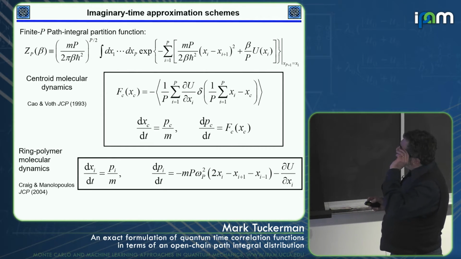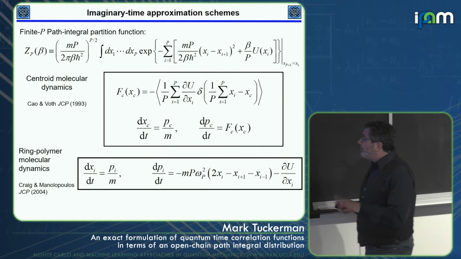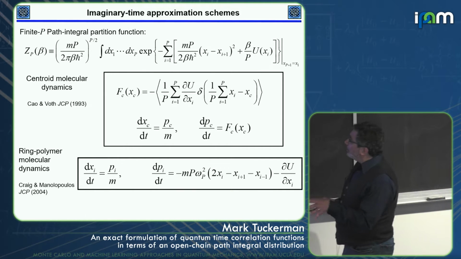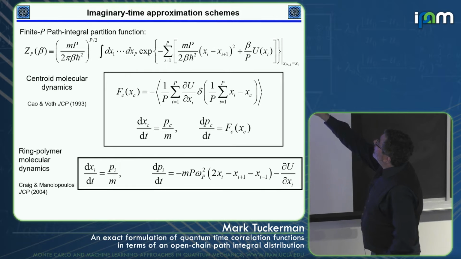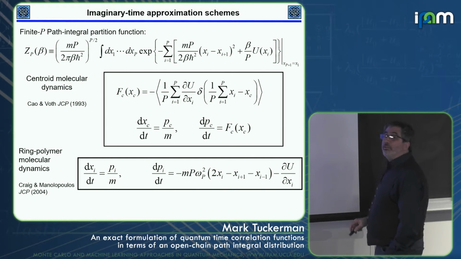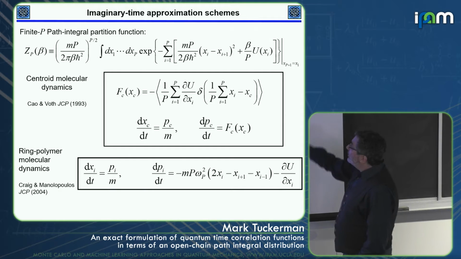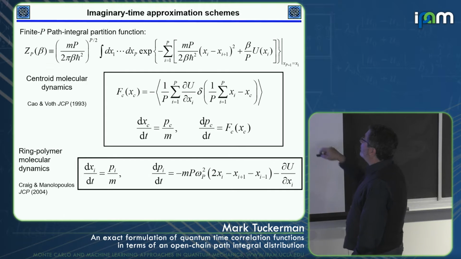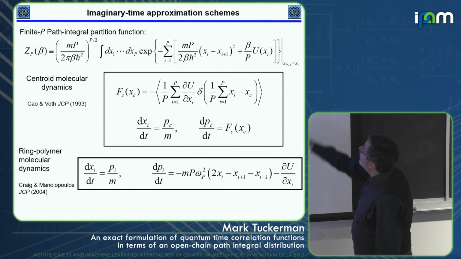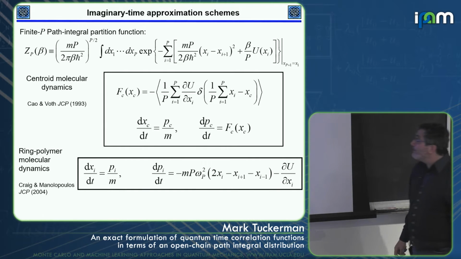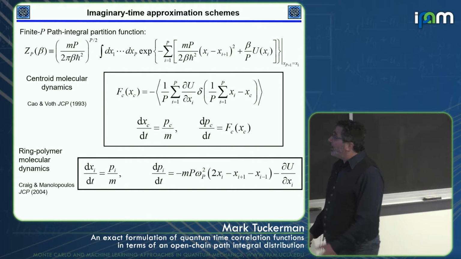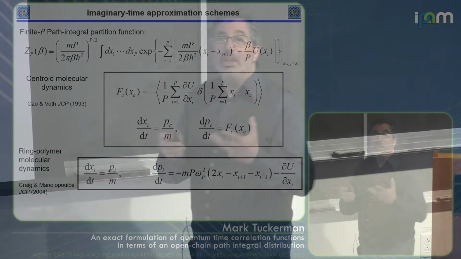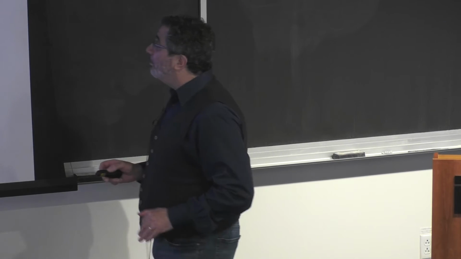Centroid dynamics has been replaced of late by the so-called ring-polymer molecular dynamics scheme. In ring-polymer dynamics, you pretend like this thing up here in the exponential is a potential energy, and you evolve all the beads by turning this into a Hamiltonian. You just put in a kinetic energy term, and you move the beads around according to equations of motion where the force comes from the derivative of this. This is called ring-polymer molecular dynamics. And again, there's no propagator in here. So you get some dynamical information, but again, it's a little hard to see where the physics comes from